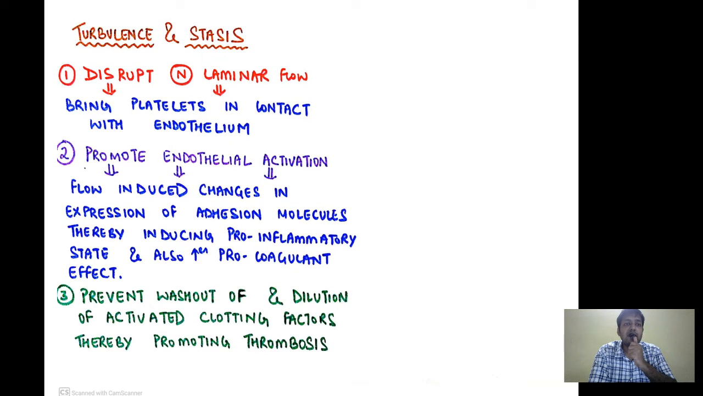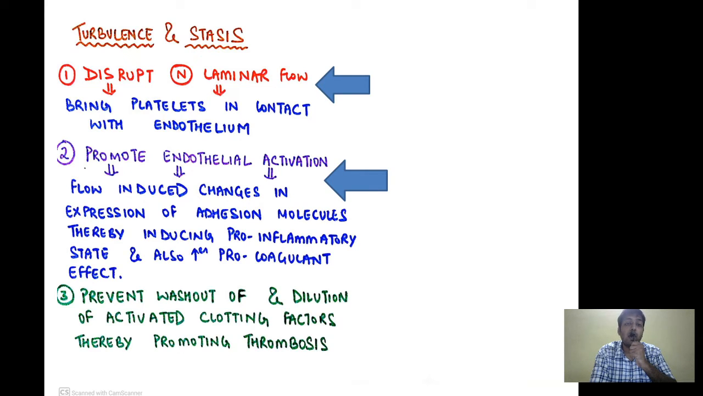Now turbulence and stasis, let us read about them, how they create thrombosis. First of all, they are going to disrupt the normal laminar flow, and this will bring the platelets in contact with the endothelium and will ultimately lead to endothelial activation. Secondly, they can directly cause endothelial activation. How? Now flow-induced changes in the endothelium causes expression of certain adhesion molecules, thereby producing a pro-inflammatory state and also